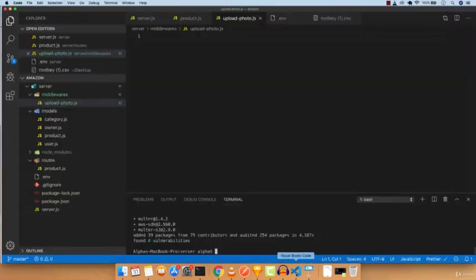And the other library which we installed just now is Multer S3. Multer S3 will directly upload. Whenever you upload a photo from the front end to the back end, it will automatically upload it to the S3 bucket, which is really amazing and saves us a lot of time. So let's require the dependencies. AWS